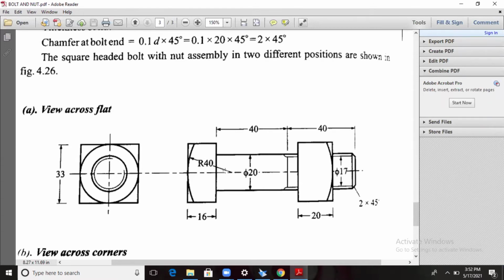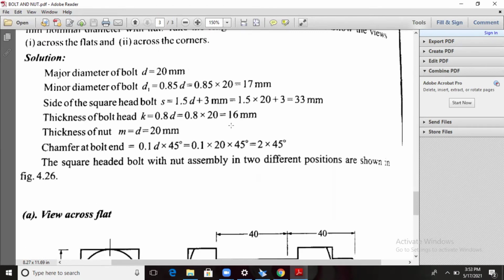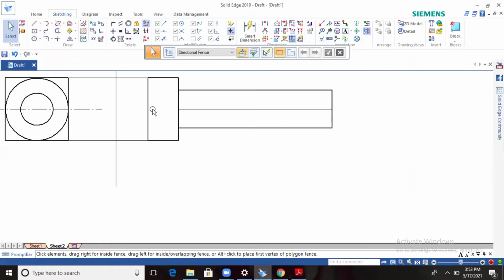Okay, directly from the center you have to draw the radius. See, radius 40 is there. Okay, you have to make this according to diameter. Otherwise, go for the same method. We know that one from this midpoint you have to draw this one. But here there is no line, so that's why you have to go for the direct radius.